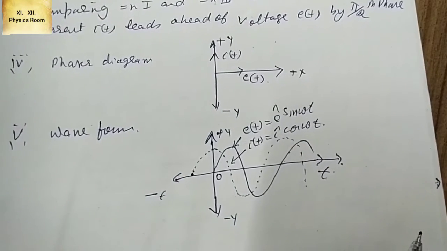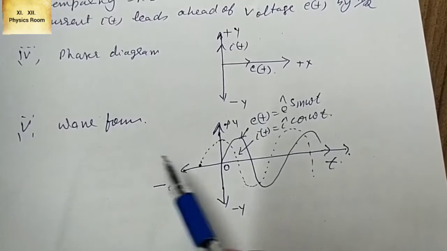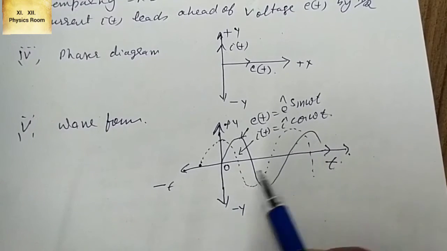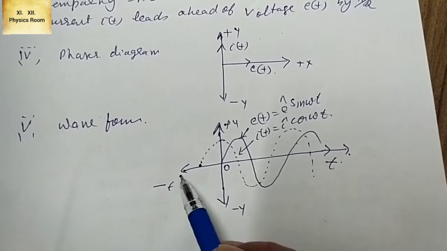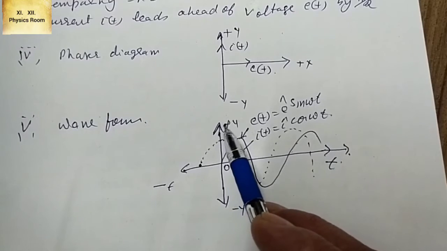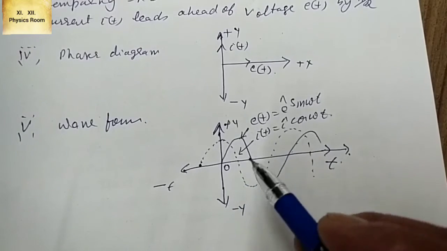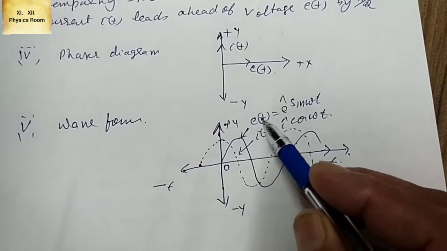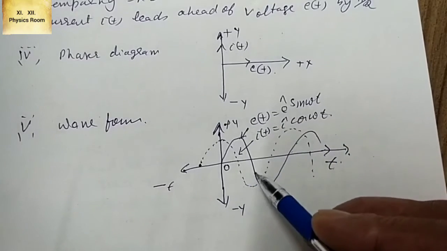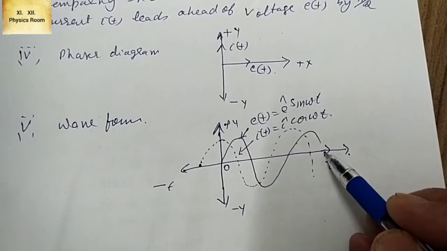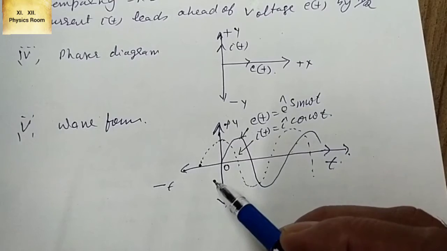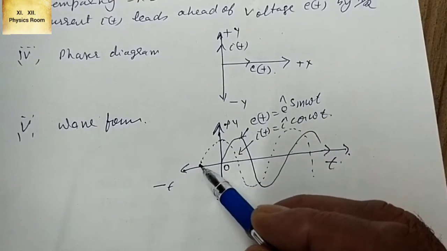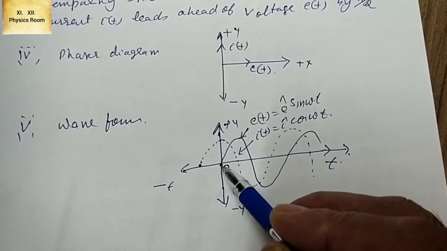And the waveforms, how do we represent waveforms? This is the coordinate system, plus x-axis, minus x-axis, this is plus time, minus time, this is plus y-axis, minus y-axis, amplitude, current or voltage. So we represent first the voltage waveform, e(t) is equal to E max sine omega t. It's a sine wave, so we put it like this. And the current equation is a cosine wave, so it starts from here and leads by pi by 2. So here e(t), i(t).